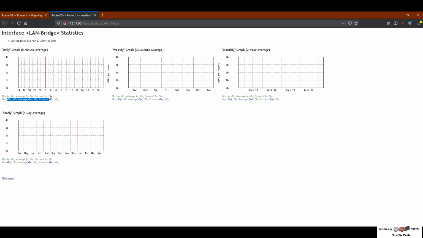When you are in a LAN interface, the blue graph is for your download, and the green colored graph is for upload. You have to memorize it. When you are seeing your LAN interface graph, blue is your download and green is your upload.